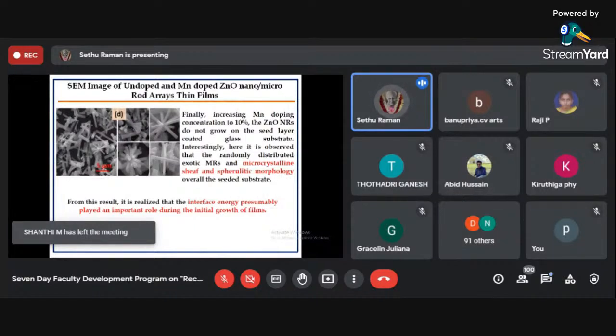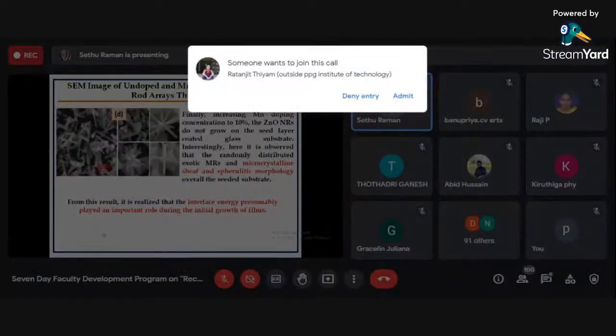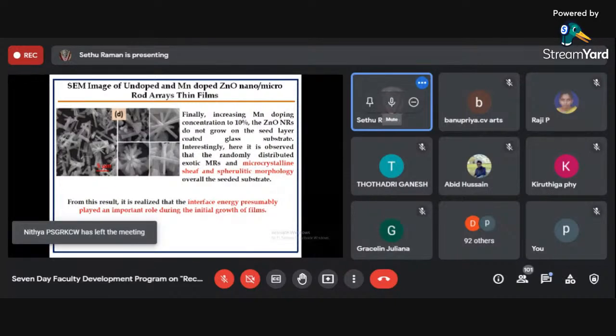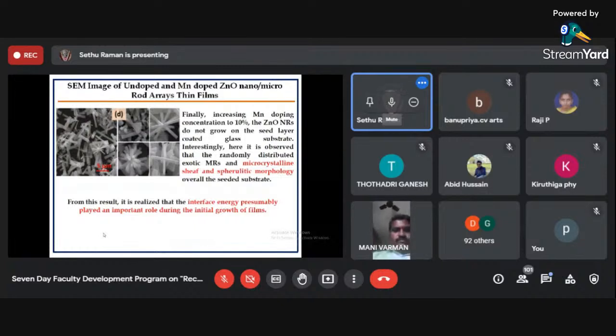Zinc oxide nanorods are not growing on the seed layer coated glass substrate. Instead of zinc oxide nanorods, zinc oxide microstructures are formed on the surface of the seeded substrate. So randomly distributed exotic microrods with microcrystalline sheaf and spherulitic morphology cover the whole seeded substrate. From this result, what we have realized is that the interface energy is presumably playing an important role during the